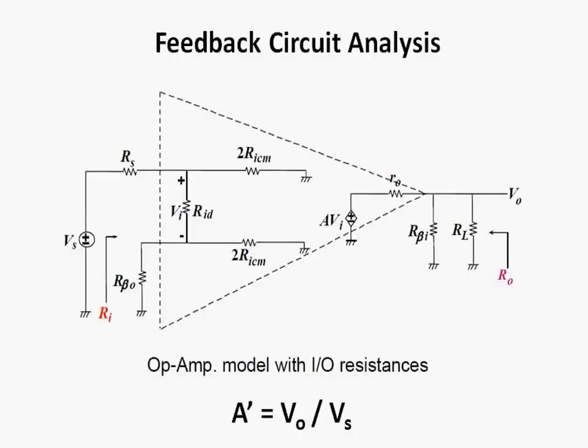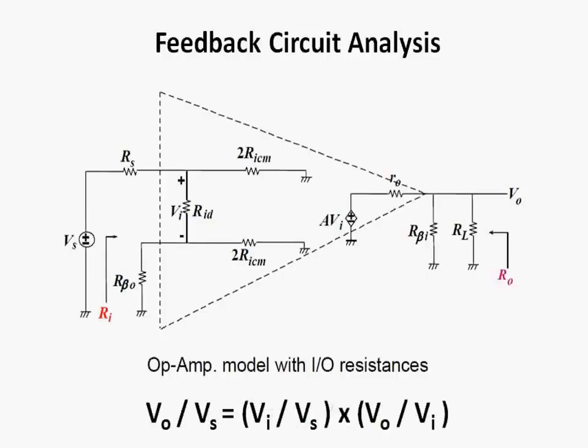Vout over Vs can also be represented by two equations on the input side and output side of the A' circuit respectively. They are 1. Vin over Vs, 2. Vout over Vin. Therefore, to evaluate the value of A', the gain of the A' circuit, we need to first evaluate these two